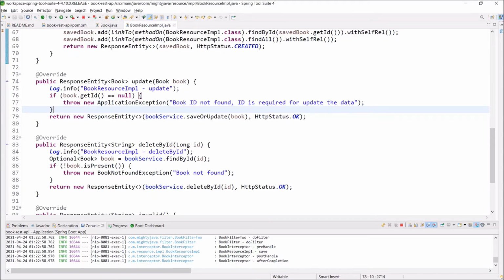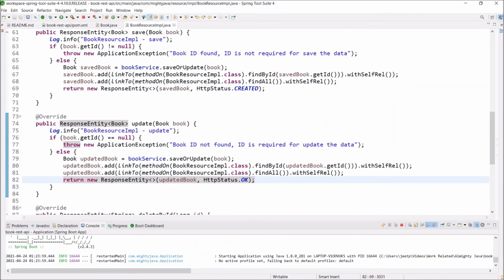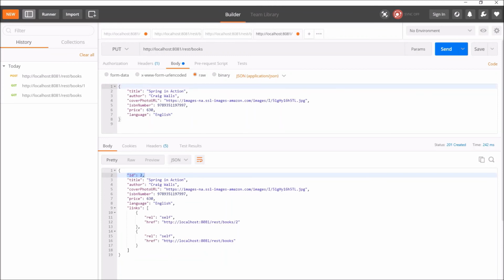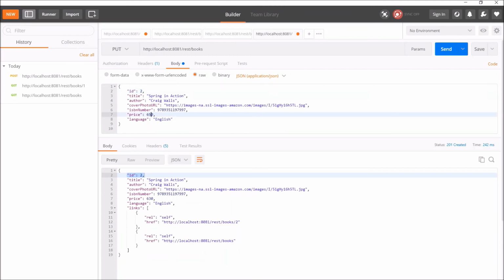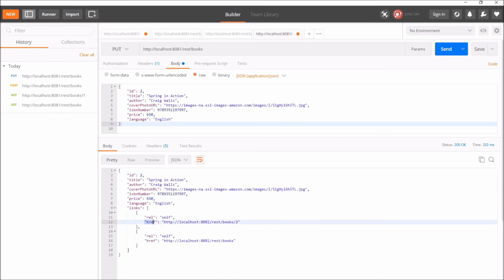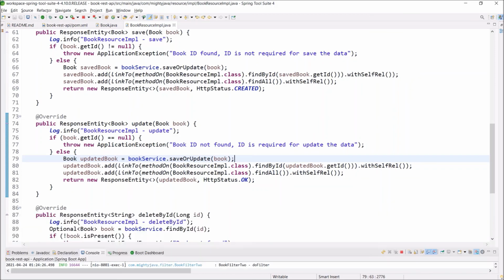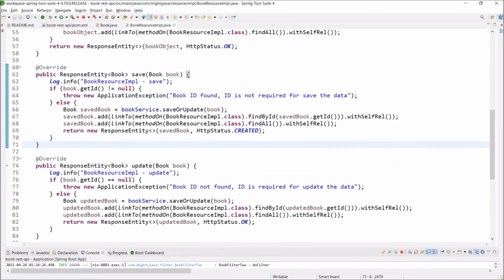Let's add similar changes for the update also. See, it is simple. Let's test the update. So here the request type must be PUT. For the update, we need to include the ID also as part of the request, and here change the price. See, it is working, and as you can see, the price updated. As we covered all the types of request, like that, you can add similar code in any number of methods. Let's quickly review all the changes which we added.